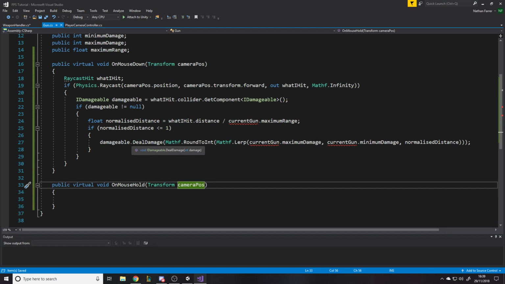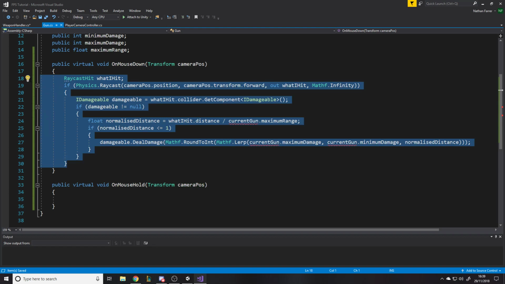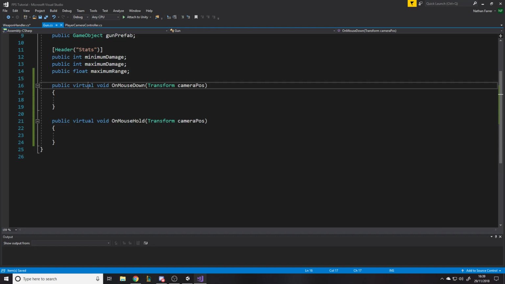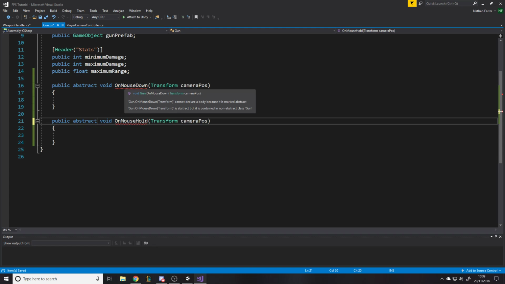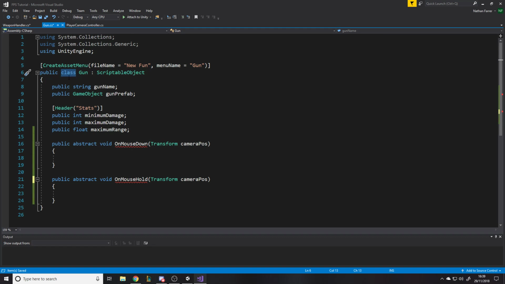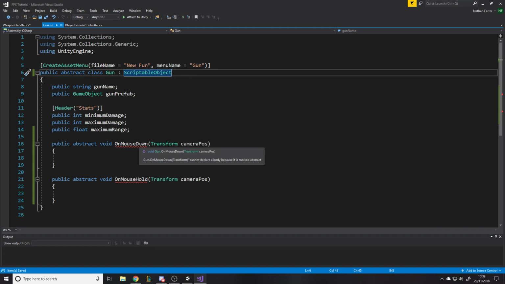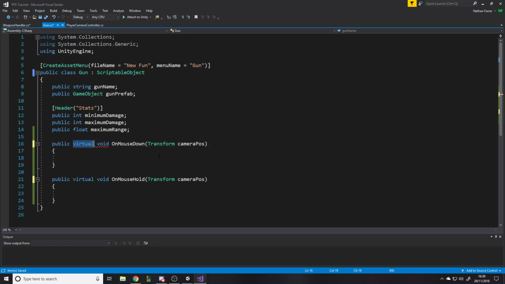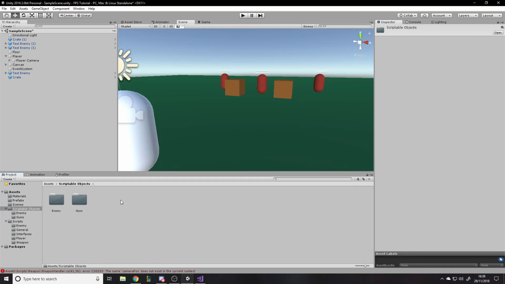So we don't want to really handle this in here, obviously, so I'm just going to cut this out again. We just want to override these functions, so we'll call them public abstract void. Public abstract class. What abstract means is that you have methods like so. Let's just go back. It was fine how it was. I'm just overcomplicating things for this. Just leave it as virtual voids. We can call those functions anyway, and now we make in our scriptable objects